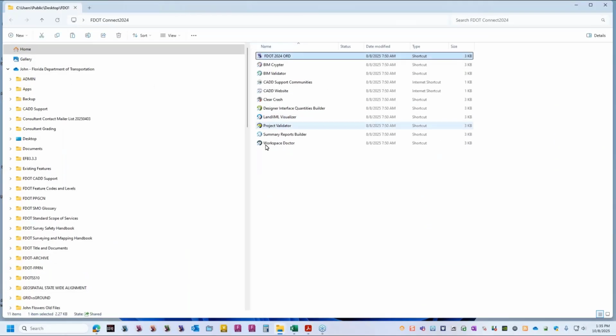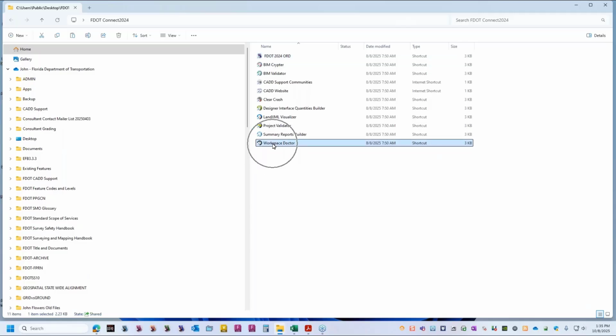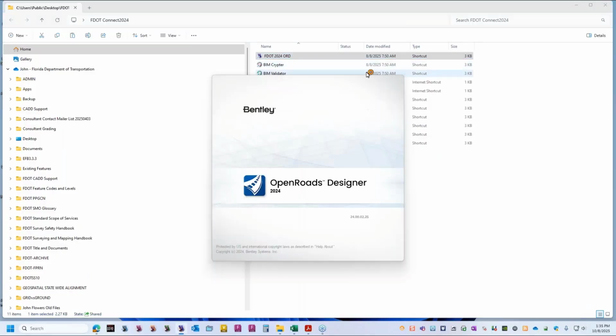The executable is going to be at top. Note that workspace doctor is the bottom. If you're having any kind of weird errors or tools that just for some reason are not working, frequent crashes, run that workspace doctor. It does miracles. So I'm going to open up ORD, and this again is the 2024 version, 2.25 version update,